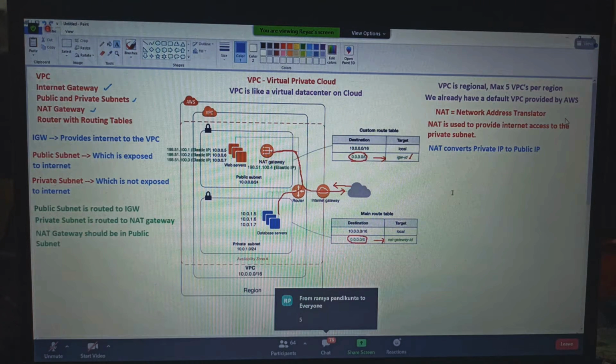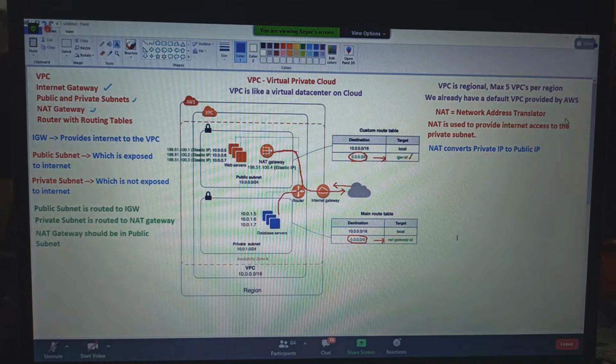Guys, here we have discussed the internet gateway and then NAT. In my olden days, in my starting days, there was no NAT gateway. There was NAT instance.